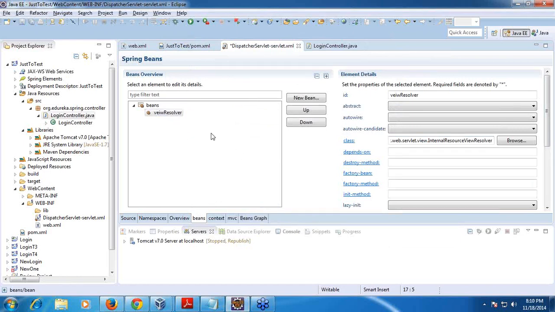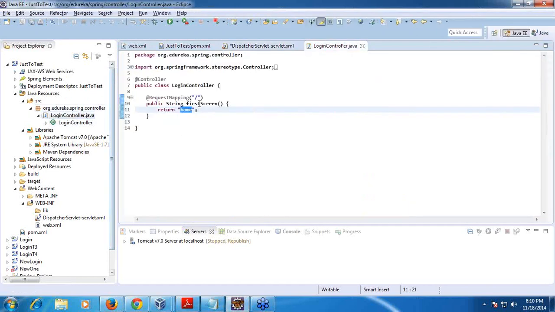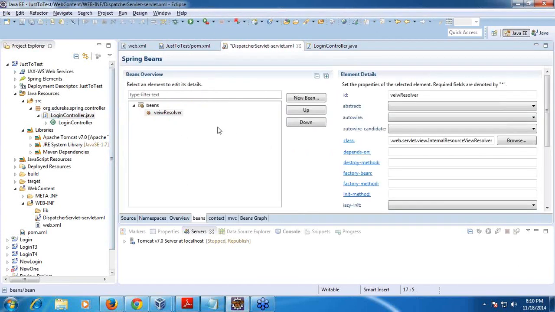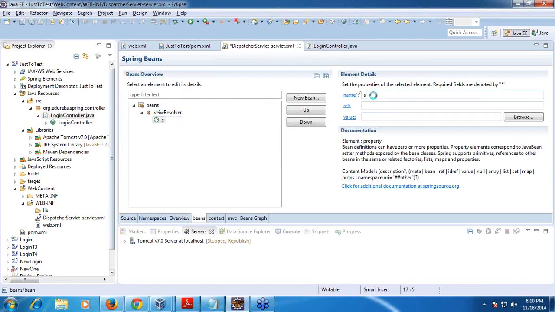So now here I can also specify the file name. It is coming here as home. So what is the prefix to that, what is the suffix to that, I can add in this configuration, in this view resolver itself. So right click on this bean, you say insert property, name prefix.